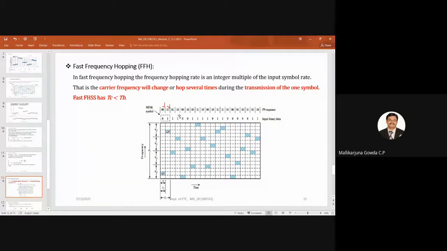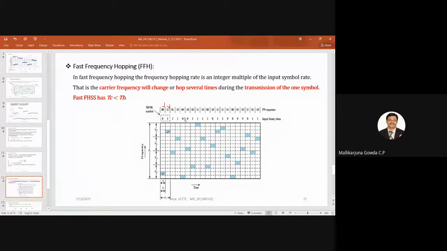And here this is the PN sequence that is written. For symbol 1, 1, these 2 are the hopping frequencies, that is FC1 and FC2. Similarly, for the symbol 0, 0, the hopping frequencies are 0, 0 and 1, 0. Then next for 1, 1, the hopping frequency is 0, 0 and 1, 1. So this is taken pseudo randomly, means randomly. This PN sequence is taken randomly for each of these symbols.